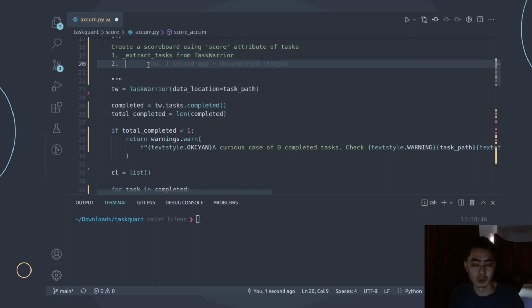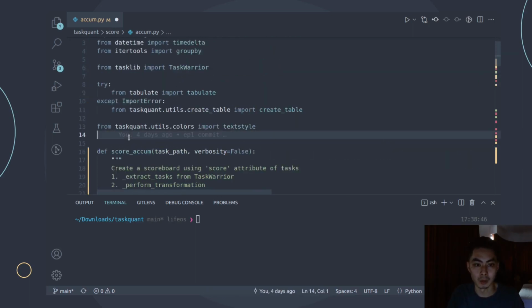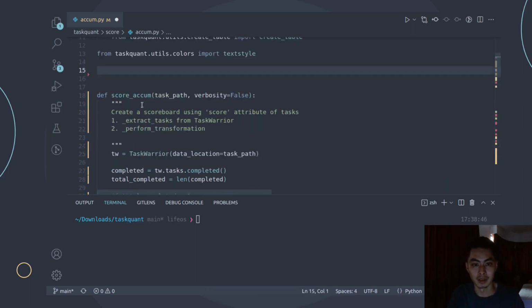And then the next thing it needs to do once it's done that is to perform the analysis. Perform transformation. Okay, we may still break this perform transformation down into even smaller components, but for now that is good enough. So let's go ahead and just create the extract task at the top. So extract task is probably just gonna be something like this. We're just gonna copy that, go all the way at the top, and we just have to create the function, and we say define extract task,